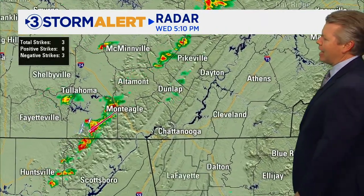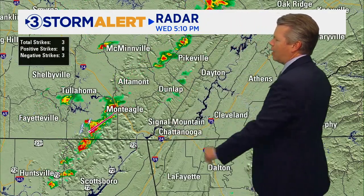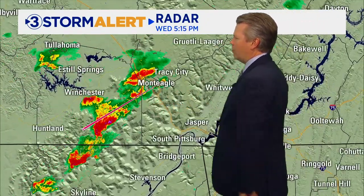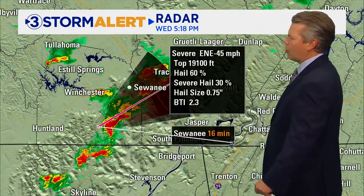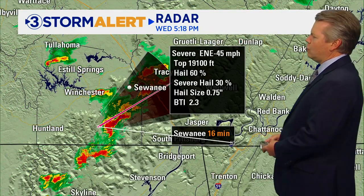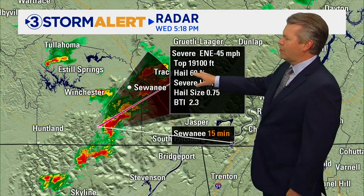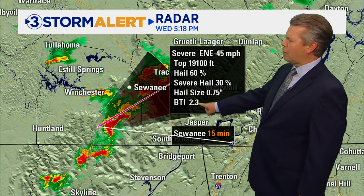We right now have a line of rain and thunderstorms that is beginning to develop just coming up onto the Cumberland Plateau. You can see one spot. It has a little arrow on it. It's called a skit. That's where we pick up maybe some strong weather going along with that, and we indeed do have this storm moving to the east-northeast at 45 miles per hour. It does have the potential to produce hail, could already be producing hail, and the BTI is a tornado index